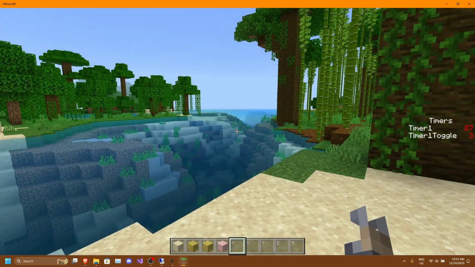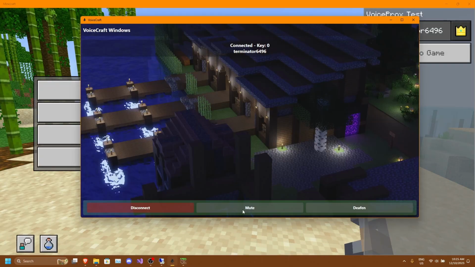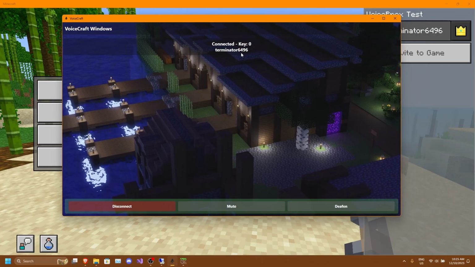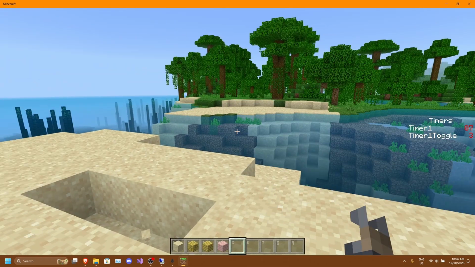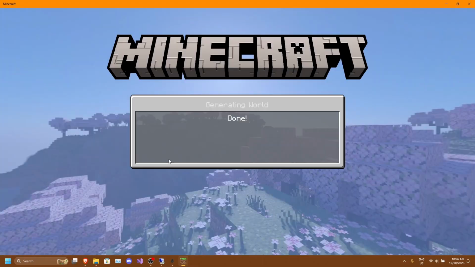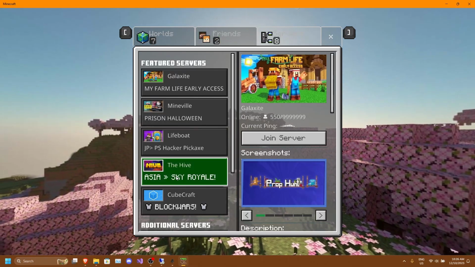So, once we have connected, you will see that on Voicecraft we are connected, and there's my name. The great thing about the client-side positioning is we can exit out of our world and join any other server,